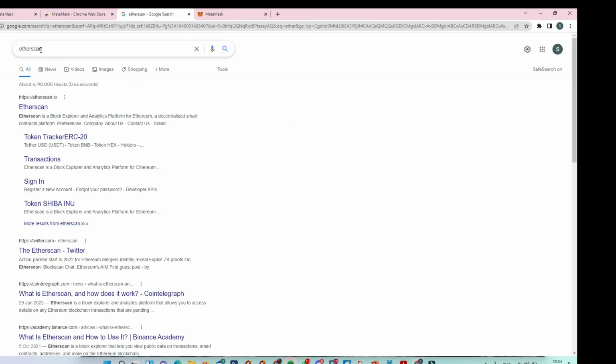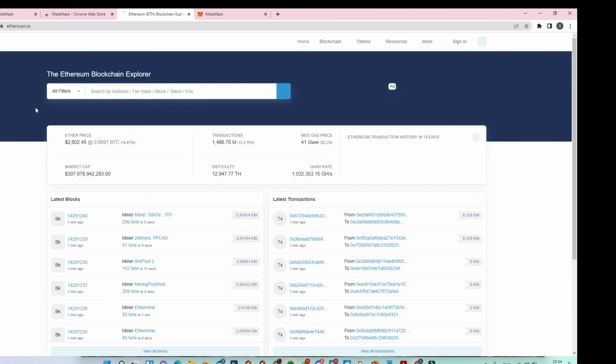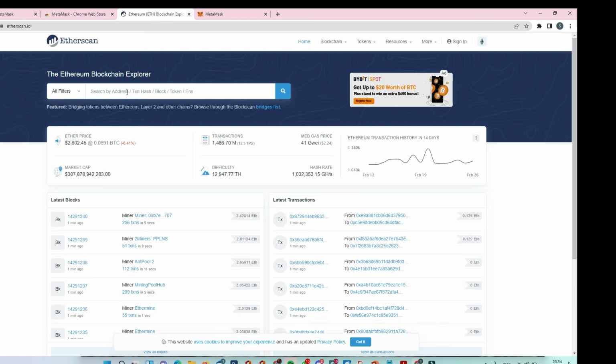If you type in Etherscan, it's like an analytics application that views all the transactions on the blockchain, Ethereum based transactions. At the same time, you can add tokens to your wallet by just searching for that particular asset. So if I put in Avinoc on the search bar here,